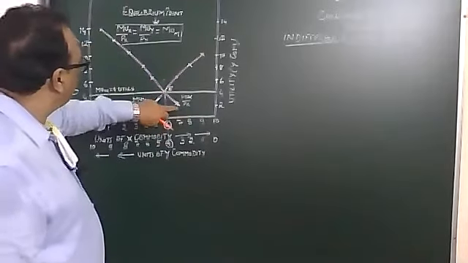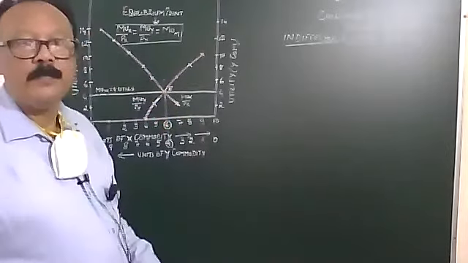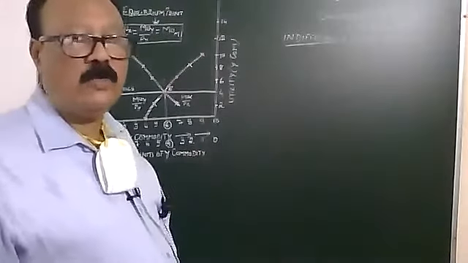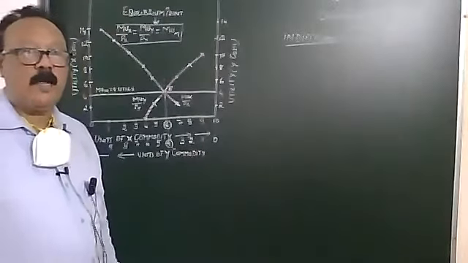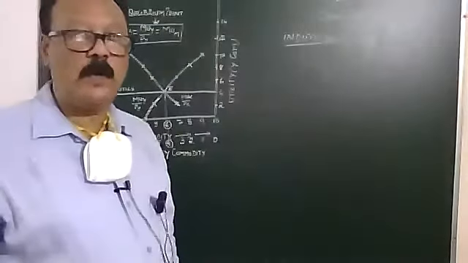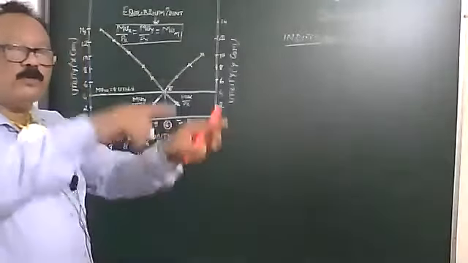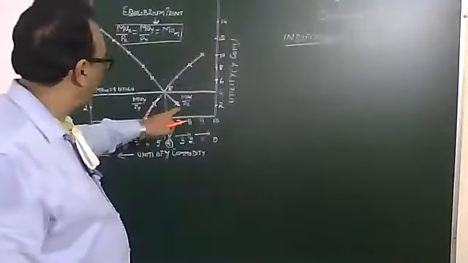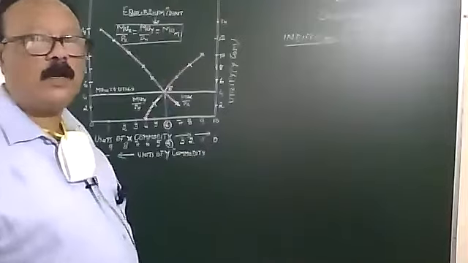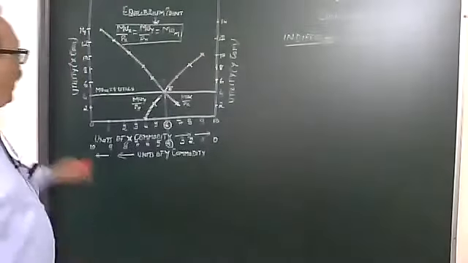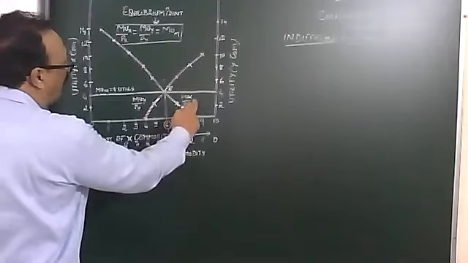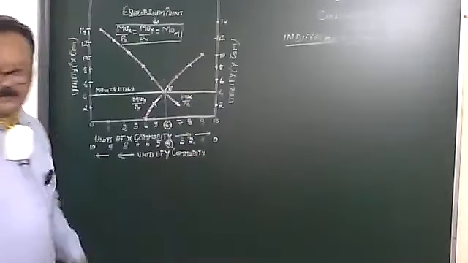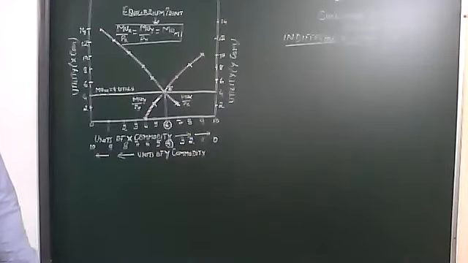Join the dots, children, you will get a straight line. You will get an absolutely straight line. Here you may see a slight curve, but that is because it's on the board. It's not very accurate. But however, you will be using a scale and a pencil. You can use that and get a straight line. This is how we plot the MUX. And this line which is there is called MUX upon PX, the marginal utility of X upon the price of X.